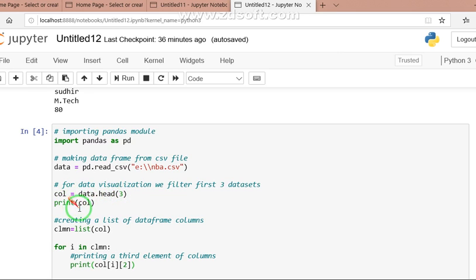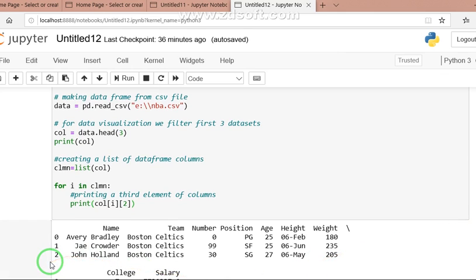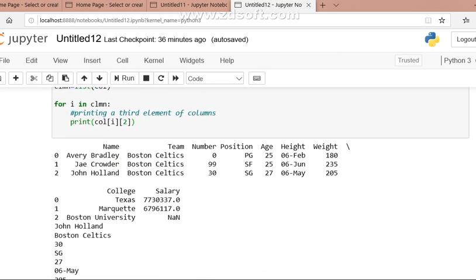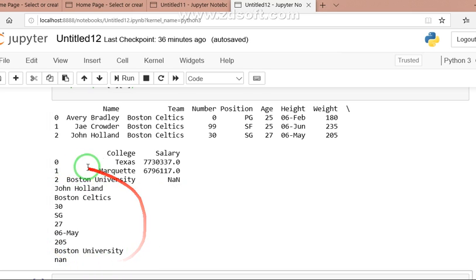And then we created a list of data frame columns using the list function, and then using that column variable, we displayed the third element. What was the third element in the file? The third element was the information about John Holland. And that output is appearing here column wise. So all the elements of the third row are here, John Holland, Boston as an output.